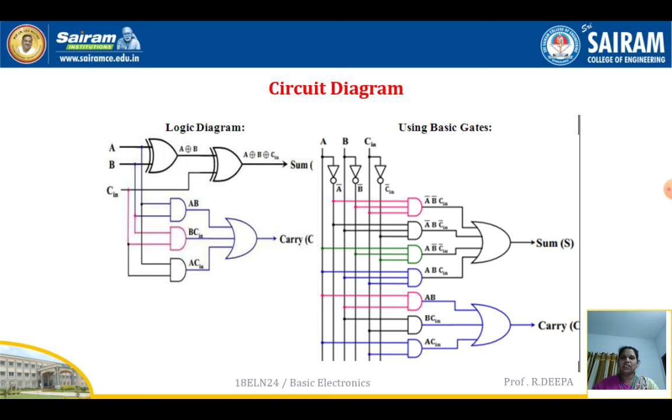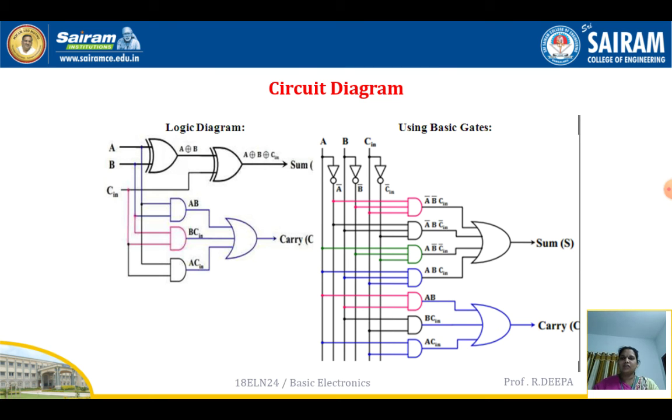Using the logic diagram, the inputs are A, B and C in. As we have seen, the equation for sum is A exclusive or B, then exclusive or C in. First let us implement using A and B, given to one exclusive OR gate, we will get A exclusive or B. Then this output along with another input C in is given to the next exclusive OR gate to obtain the output for sum as A exclusive or B exclusive or C in.